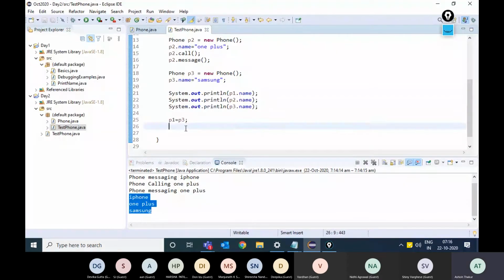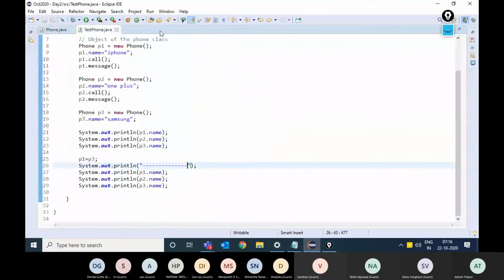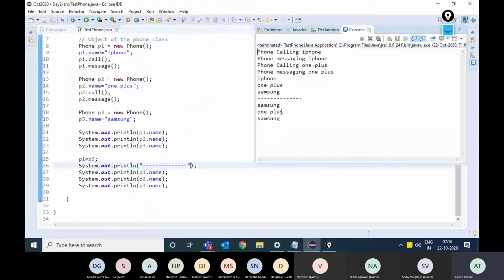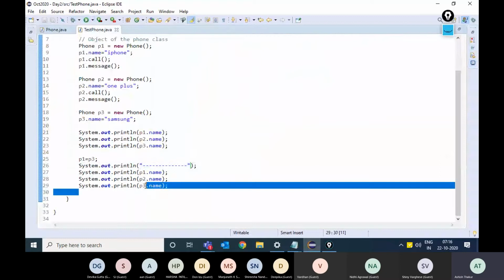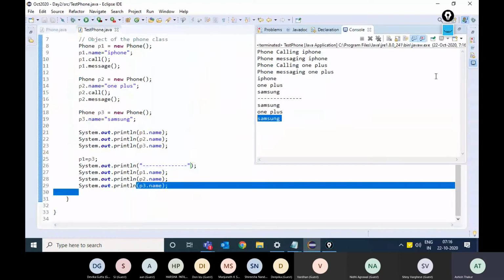If I just print the names again, okay, I'll just put some kind of a line. And if I run this code, see it is printing Samsung for both P1 and P3. Okay, it is printing Samsung.